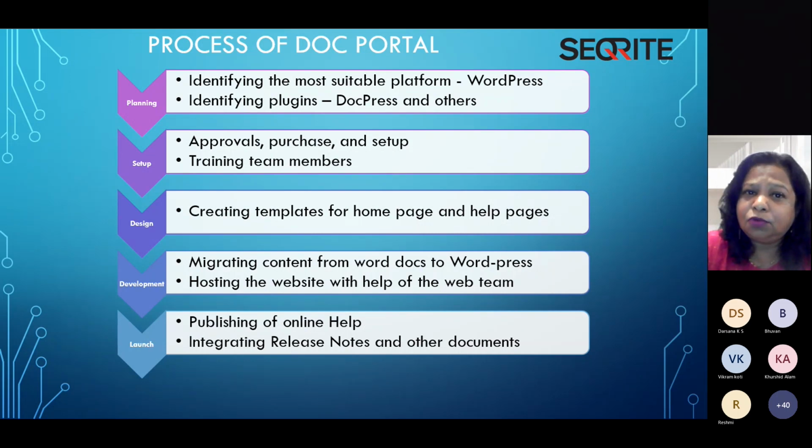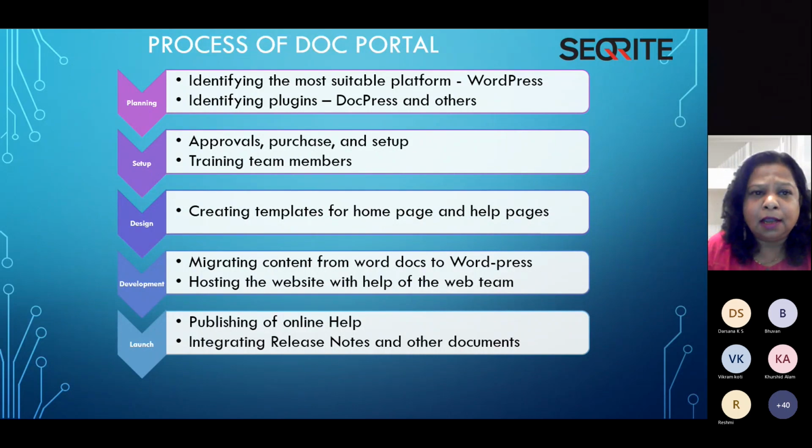So we identified the most suitable platform, that is the WordPress CMS. We finalized it. Why? Because of the cost effectiveness and the plugins it was providing. So we have identified plugins also. DocPress is providing the plugins. So which plugins have we used? The DocPress plugin is the main plugin we have used for the doc portal, and the other plugins during the demo